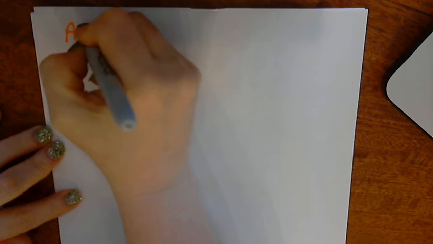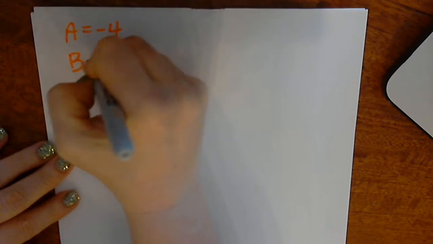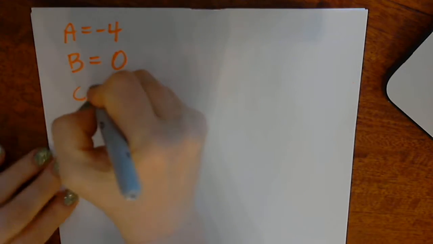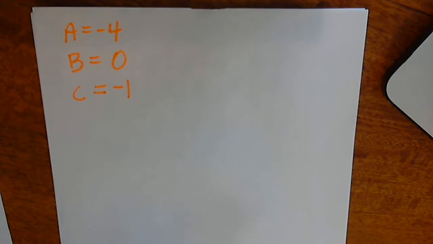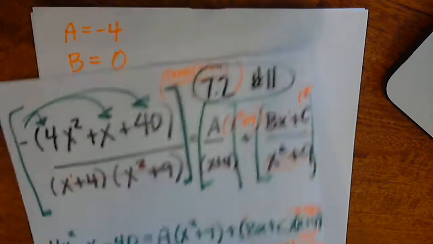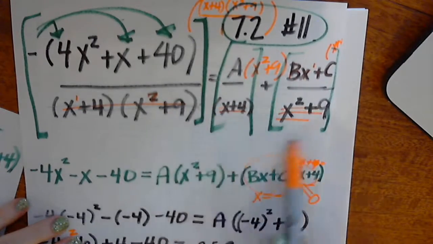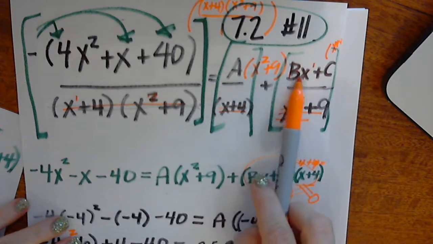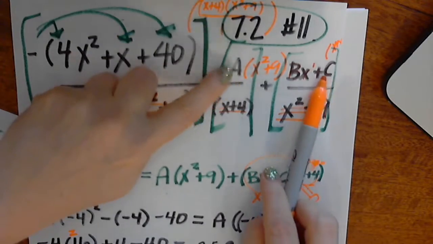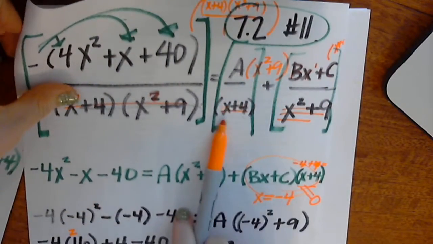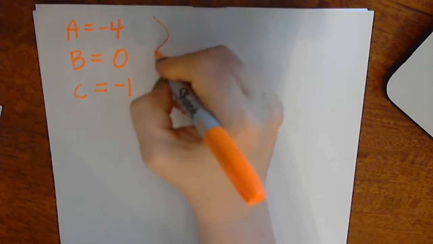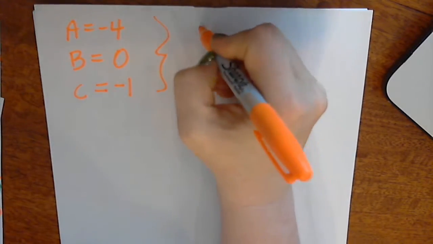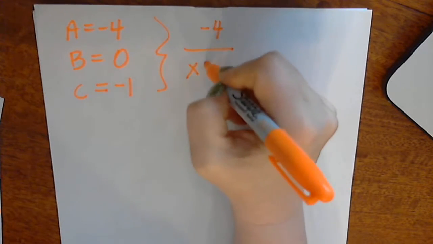what we have is a is a negative 4, b is 0, c is a negative 1. So when we plug that back in, the equation that we formed at the very beginning, where here's a, here's b, which is 0, so we don't even need to write anything because 0 times x is 0, and c. So we only have an a and a c. So the a is over the x plus 4, so then that is going to be a negative 4 over x plus 4